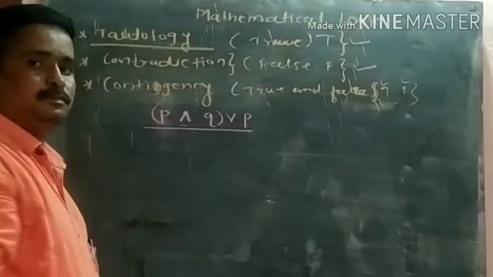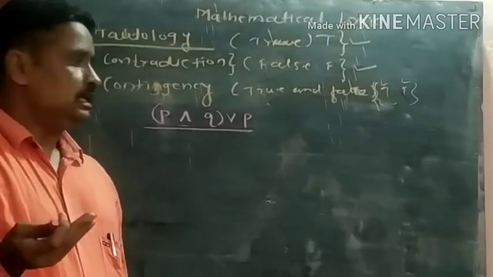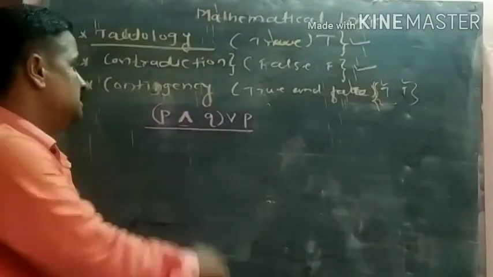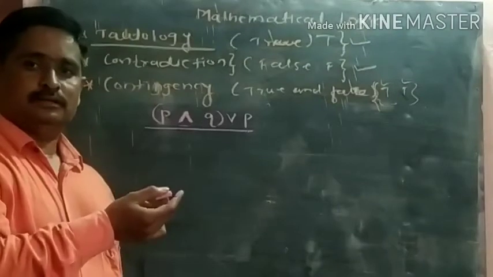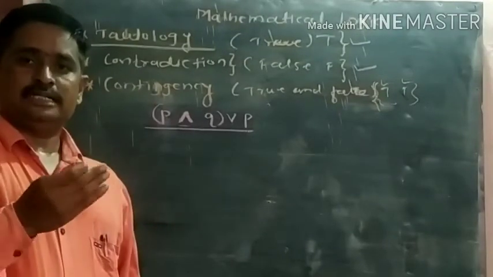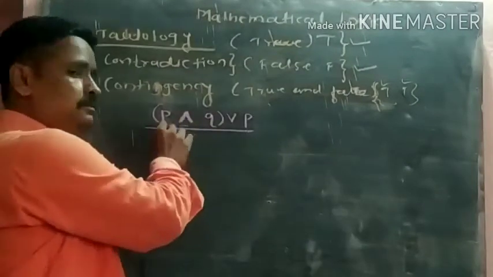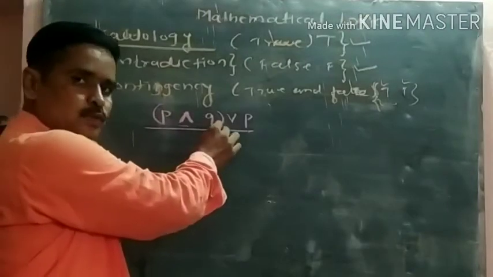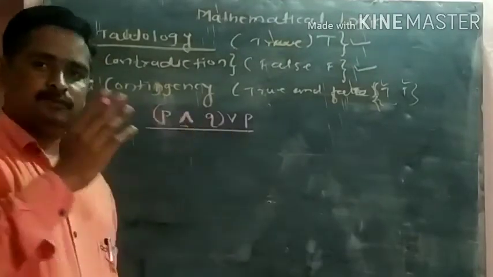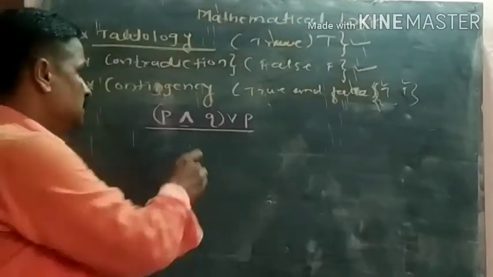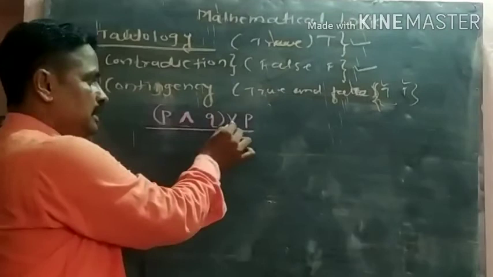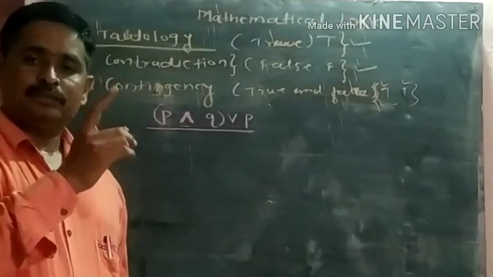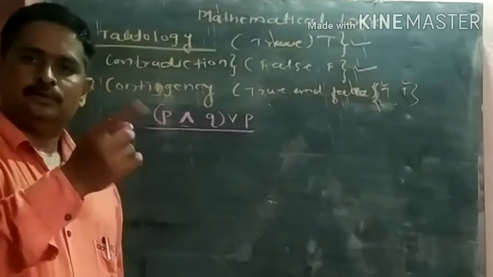So the basic idea of constructing a truth table, I always give you a trick. While we construct a truth table, how many rows and how many columns are present can be obtained from the number of statements and the number of connectives. The number of statements is 2, so it has 4 rows, that means 2 raised to 2 equals 4. The number of basic connectives is 2, and the number of statements is 2, so the truth table contains 4 rows and 4 columns.